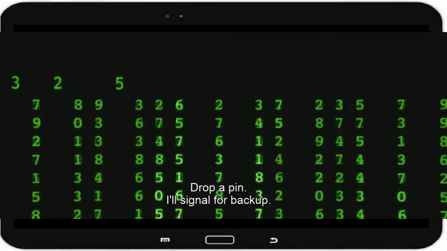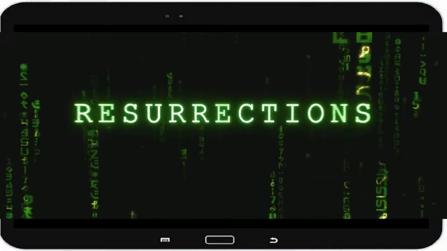Seq asks the captain to drop a pin, which is modern day slang for send me your location. This lets us know that the people talking are from a new Matrix, a Matrix that is designed after the Revolutions Matrix.